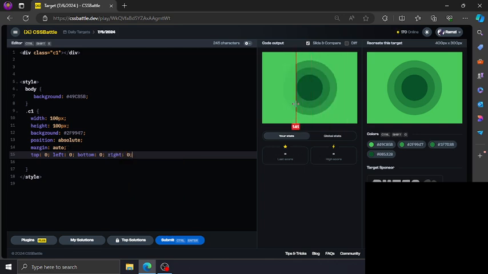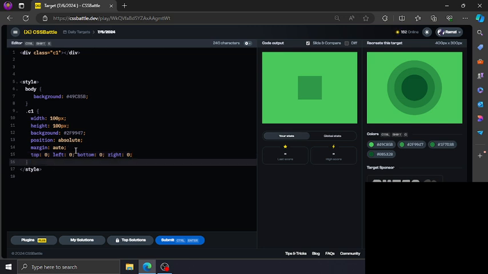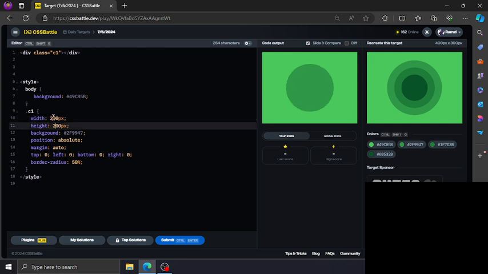So in order to put this shape in the middle, right now let's make this a circle. So create a radius of 50%. Then make the circle bigger. So double the size.